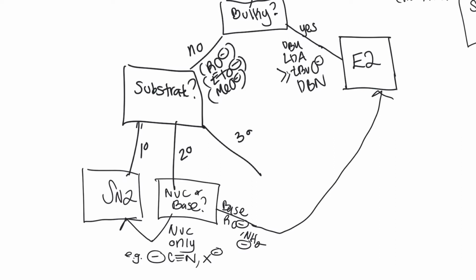But we will consider the substrate path if it's not necessarily a bulky base, but better at being a base, right? If it's secondary. Tertiary, so in other words, we prefer second order for secondary. Tertiary will not be able to do which one of the second orders? SN2. Impossible. So E2 is where it's at. But we have to have an anti-beta H, right?